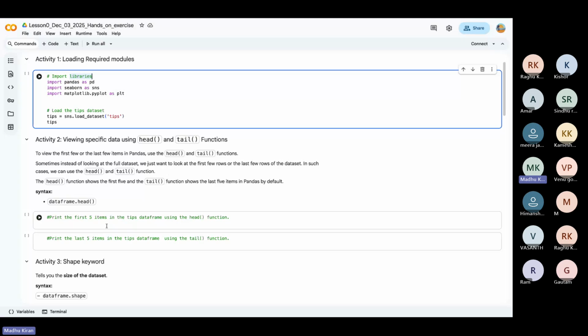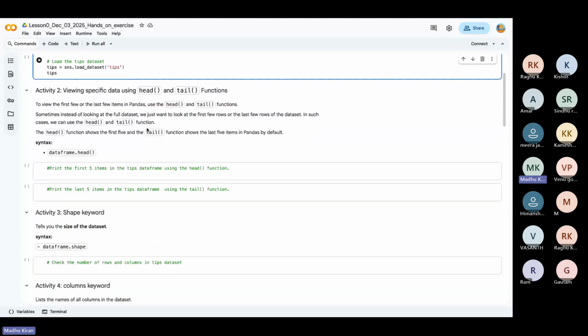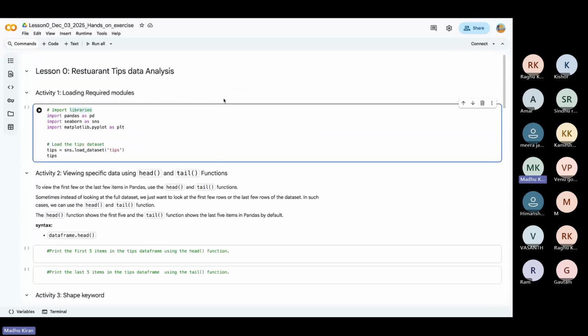So it's a hands-on activity, not theoretical, and you don't have to worry about taking notes about these functions. This lesson analyzing restaurant tips data, usually to reach this point in the actual lessons, we have to learn at least 15 lessons, 15 hours.